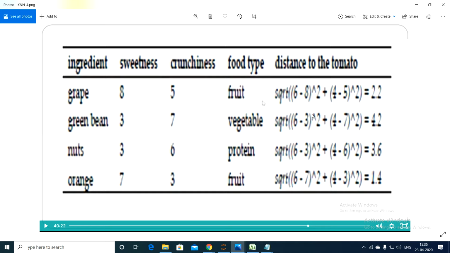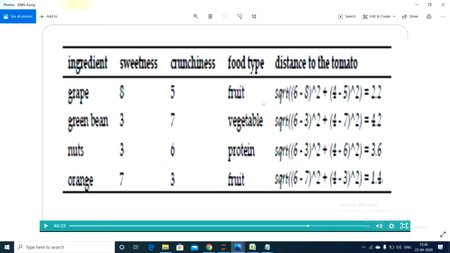As you can see, where the Euclidean distance is less, for orange the Euclidean distance is 1.4. That is saying that orange is a fruit. The Euclidean distance between tomato and the fruit orange is very less, so now the tomato will fall under the fruit category. By mistake, what this KNN algorithm has done is classify tomato as a fruit